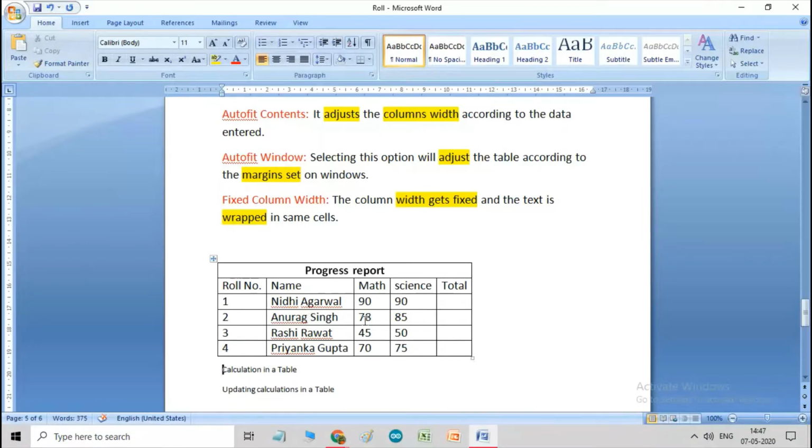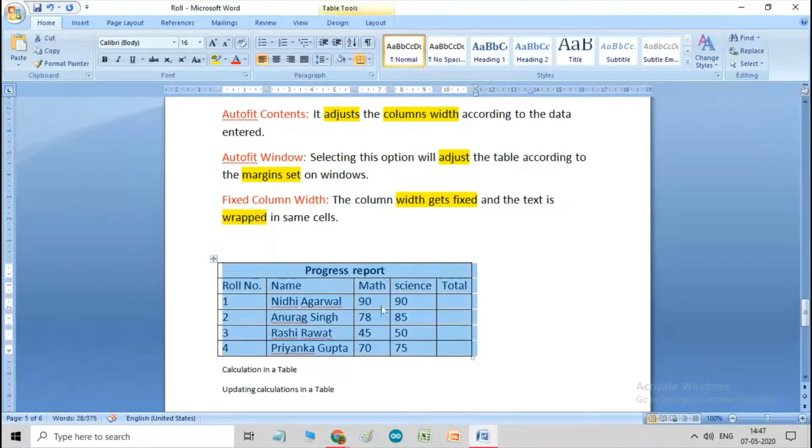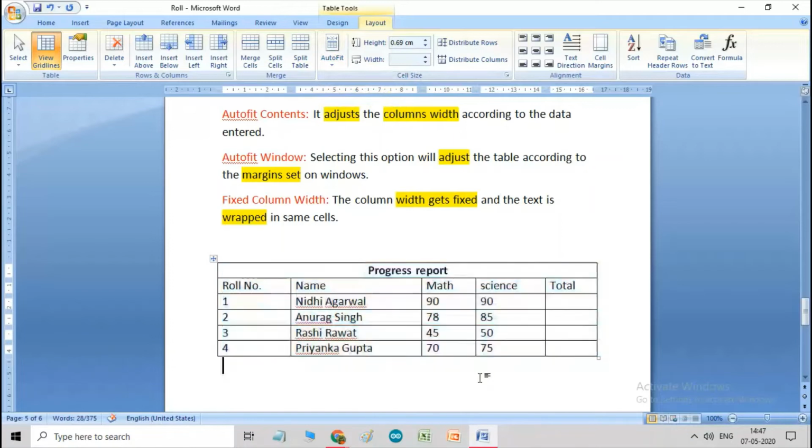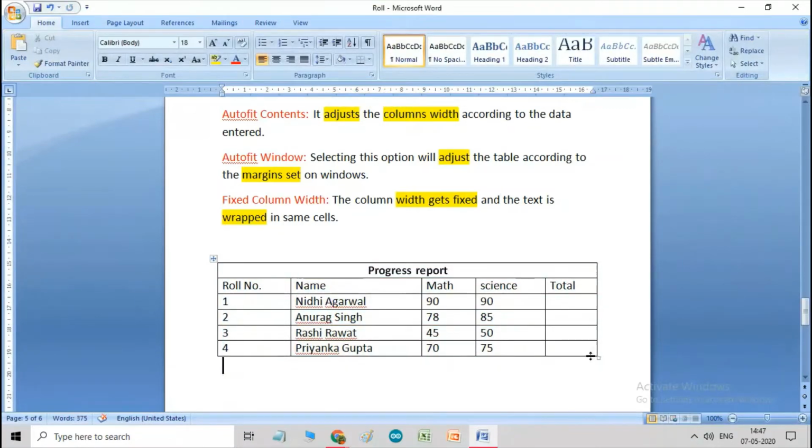If you want to bring this table to the whole page where the margins are set, simply select the table, go to Layout, AutoFit, and say AutoFit Window. So it will go back according to the margins set on the window. So this way you can resize the cells and use these options.